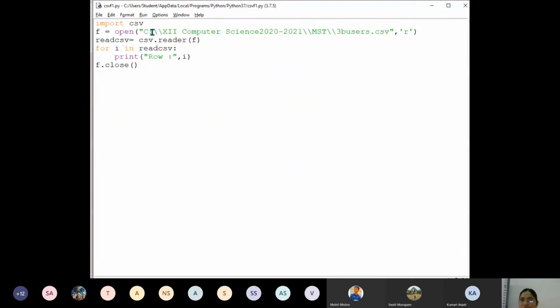If you are using a file which is in some other folder, some other location, then give the absolute path and then the file name and then the extension, and then which mode we are performing, which operation, read operation. So read mode, and then use the reader method to read from the CSV file so that there won't be any disturbance in the content. Then after reading that, traverse through that file and display the content.